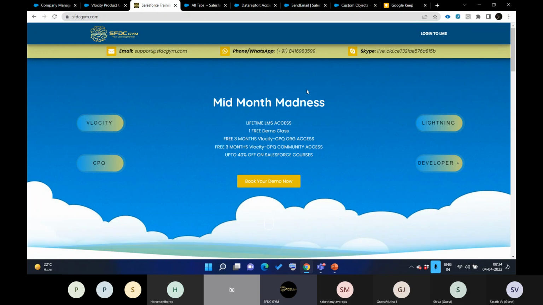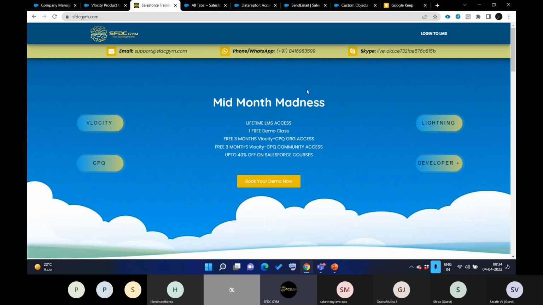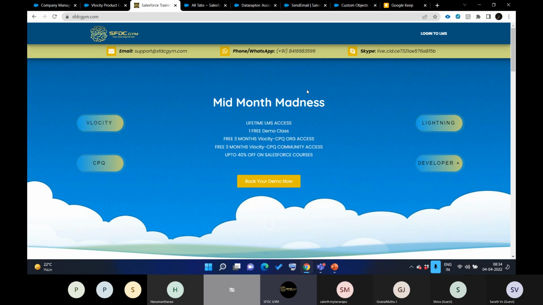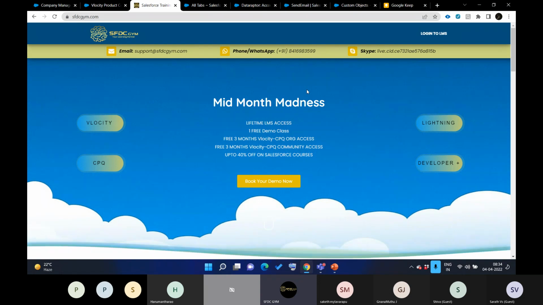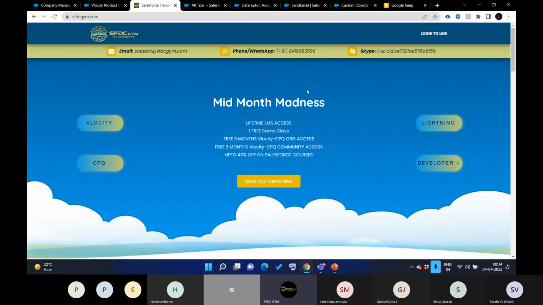Apart from that, if you are good in development also, then this course is meant for you, because in Velocity there are two main profiles. One is for the admins. Admins means persons who have good business knowledge, who worked as a BA somewhere, or have good knowledge of Salesforce admin parts. Then they can go for the admin parts. And someone who is already doing development, who knows LWC, coding, and how to write Apex, will go for development in Velocity. Yes, Velocity also has development areas. We will discuss those in more detail when we start this course.